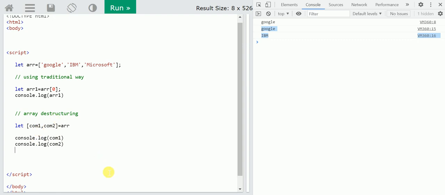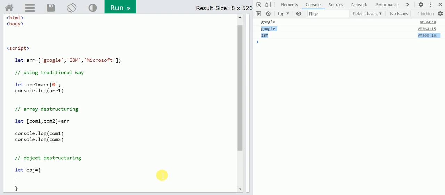Okay, now I am going to show you object destructuring in JavaScript. Just copy this and paste it here, and now we need to write an object. Let obj equal to, and this is the object symbol, and you write key value pairs, like title as developer, and age 24.